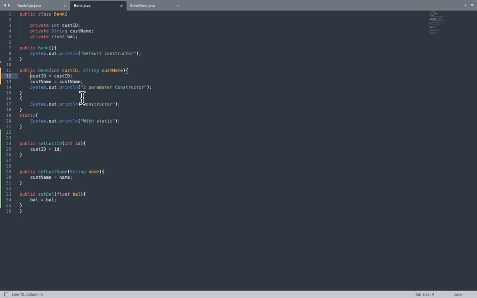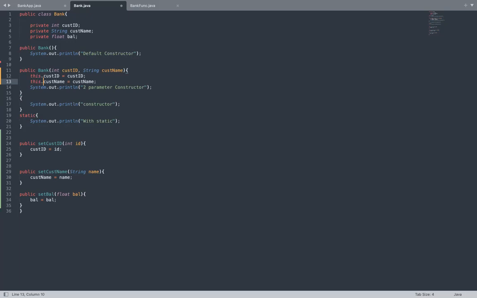So can you just type this dot before that cust ID in line number 12? Yeah. So if you type this dot cust ID, you're actually referring to your instance variable, which is in line number 3 and not to your parameter, which you have passed in line number 11. So though your variable names are similar, you're actually referring to your actual instance variable throughout your program. So for that purpose, we brought this keyword into the picture. So that is what he has used in his existing piece of code.